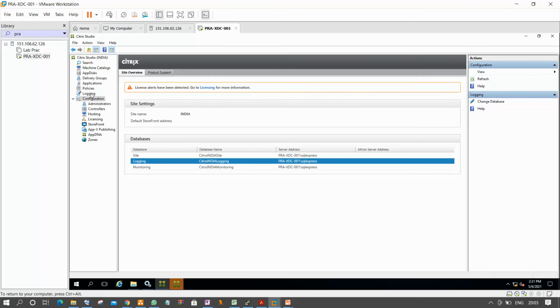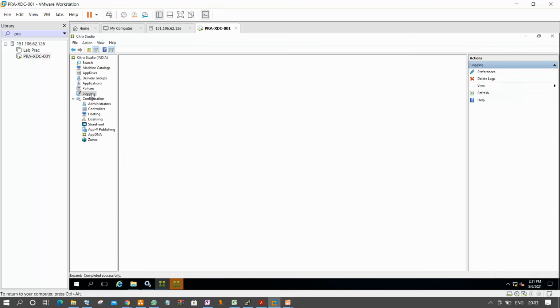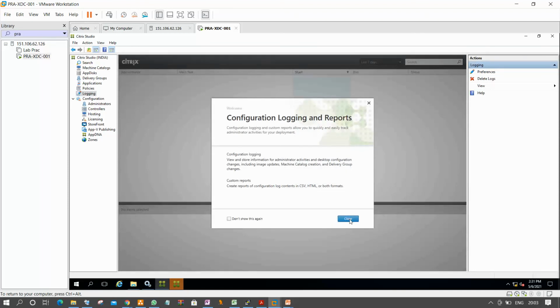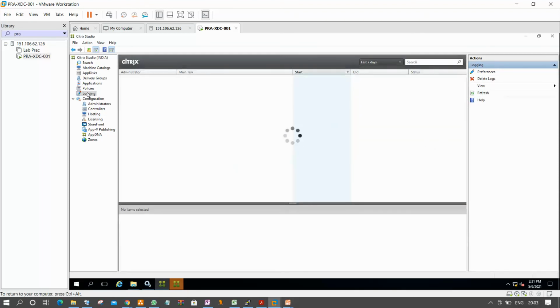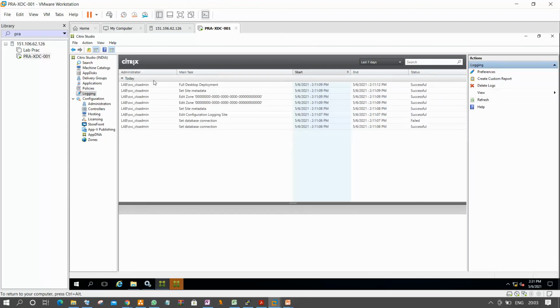For this particular logging database, there is a separate option. Go to the logging option, and you can see that whatever work I am doing at present is recorded.